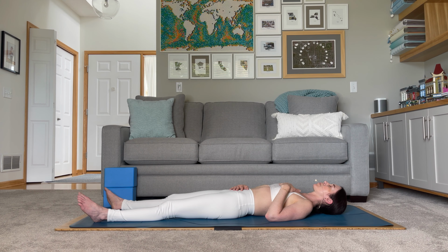Perhaps our awareness starts to broaden even further as we start to become aware of our emotions. Where are our emotions at today? Are they extra big? Are they small and complacent? Emotions and thoughts